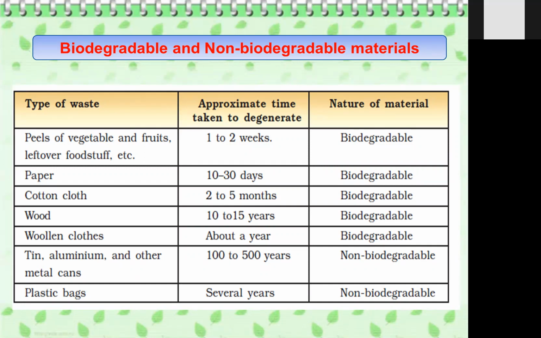Now, if you see metals like tin, aluminum, metal cans, they take 100 to 500 years, and we keep collecting them. How will we decompose them? How can we deal with such garbage? At some places in Delhi, and outside Delhi also, we have a mountain of garbage, and we are not thinking about it, right? You are the future of the nation. You have to think, you have to do something. You can create awareness. Start from your home, your neighbors, your friends, relatives. You can do it. Yes, you can.